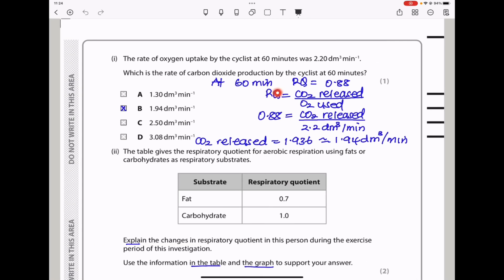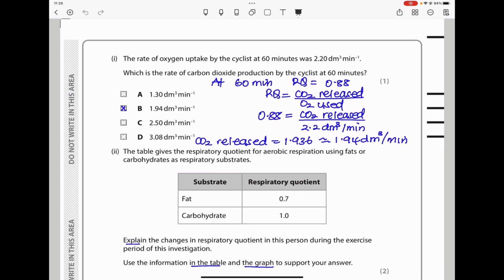But we know that respiratory quotient is carbon dioxide released divided by oxygen used. So since RQ at 60 minutes is 0.88, we can say 0.88 is equal to the carbon dioxide released divided by the oxygen used, which is that. So making this the subject, my answer was 1.936, which is approximately 1.94 decimeters cubed per minute, and therefore B